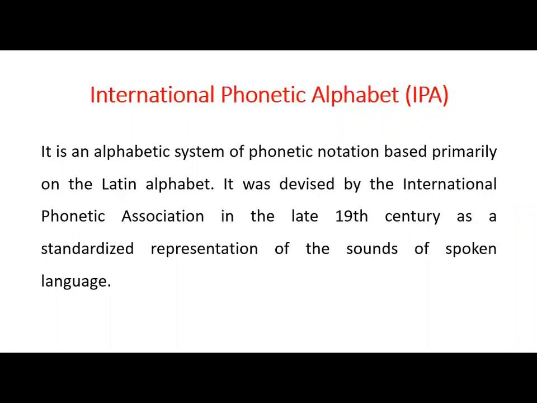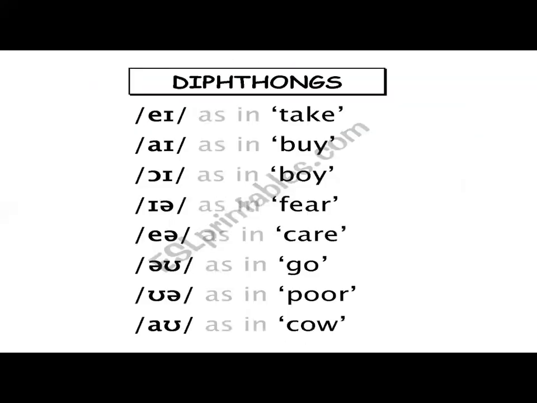The alphabets we use for writing are 26, A to Z, but the alphabets used as symbols for sounds are called phonetic alphabets. In the last two lectures we have understood 24 phonetic alphabets which are used for consonant sounds, then 20 phonetic alphabets which are used for vowel sounds, and 12 pure vowels we understood in the last lecture. And now we are going to understand diphthongs. So there are 8 diphthongs, and all these sounds are written in slash.